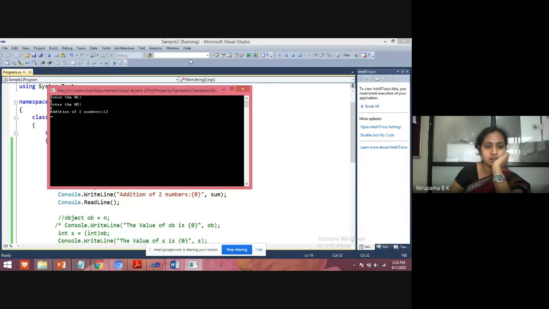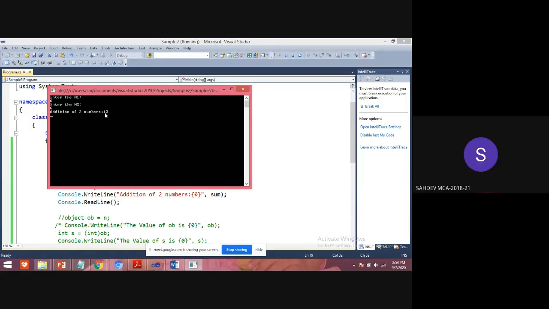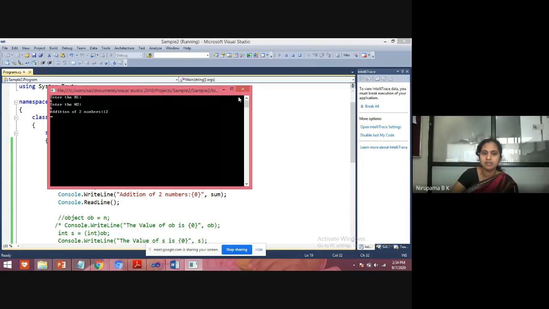Yes, students, understood? You can see the screen now? Yes, students, you're understanding? Yes, ma'am. Here I'm executing simple programs. Few students might have used Visual Studio before, but many students are new to this Visual Studio. How many of you are learning Visual Studio .NET Framework for the first time?